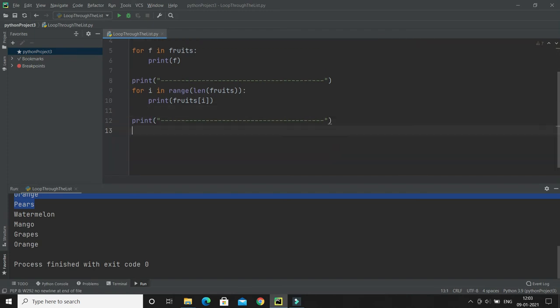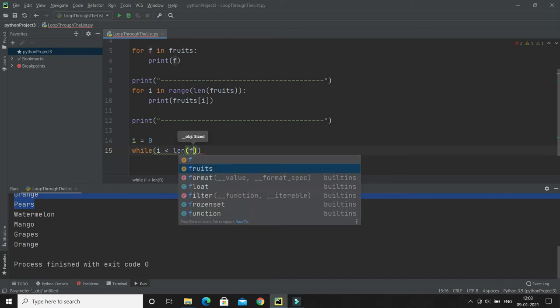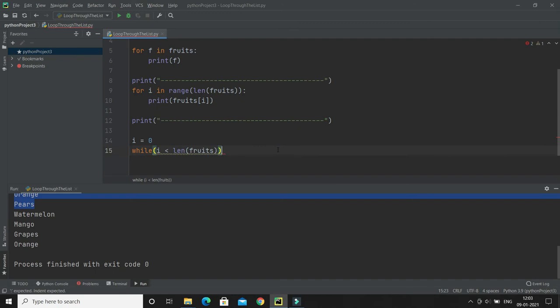I am going to declare a variable i and initialize it with 0, and then use a while loop, with the condition i less than len of my list, which is fruits, and within the loop I am going to refer to my list item by its index.